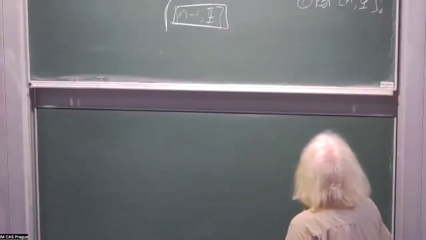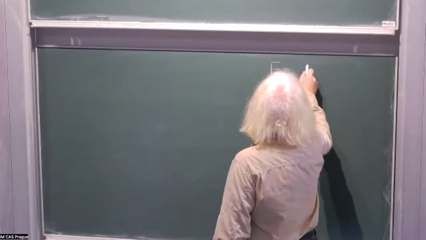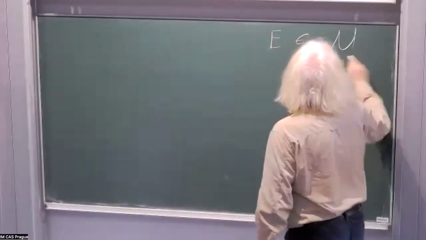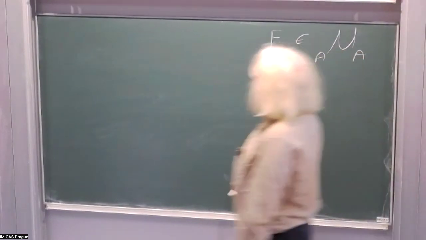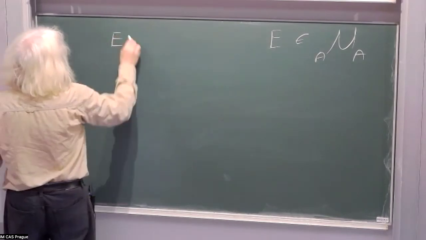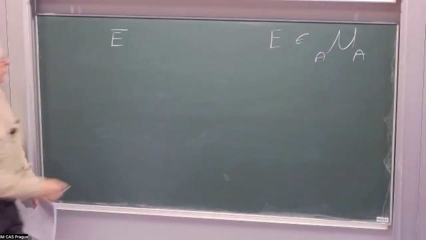So if I have a module E, which is a bimodule over a star algebra A, then the conjugate module has elements little e bar, where little e is in capital E,